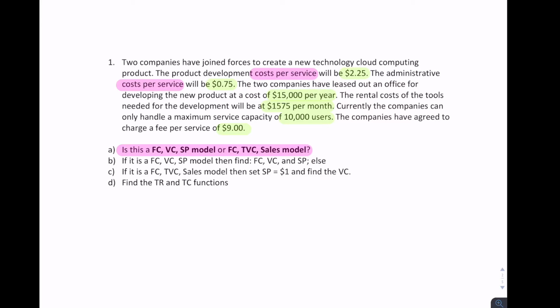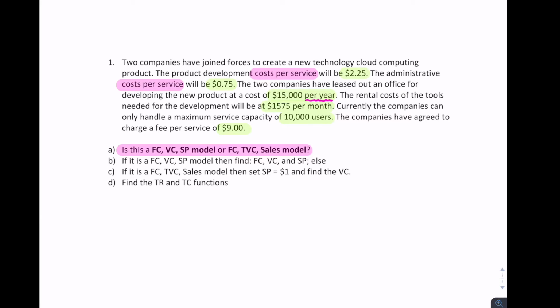You still have two companies. So they have leased out an office for developing the new product at a cost of $15,000 per year. So notice that $15,000, it says per year. So it's not per service or per one item. It's per year. It's for a time length. That time length tells you that this is a fixed cost. It is independent of how many services they sell or they have. So that per year is associated with fixed costs. So that's important. Remember, per item